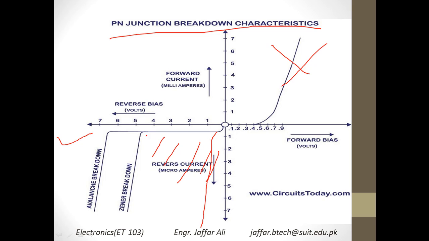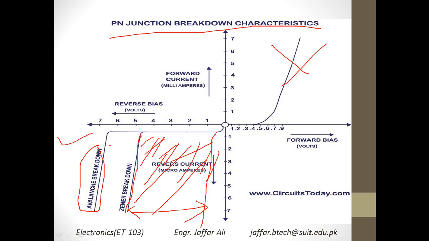So we have to increase some voltages. This shows that it is working in the Zener region. Till this region, this is basically the Zener breakdown region. This is very slow. You can see that from here to here, this is the region of Zener breakdown voltage. You can see that a slight change after the knee occurs. There is an avalanche breakdown. And if you increase voltage, this is the limit of avalanche breakdown.